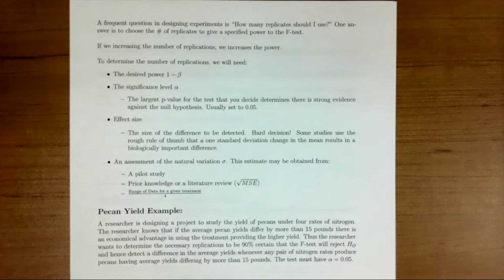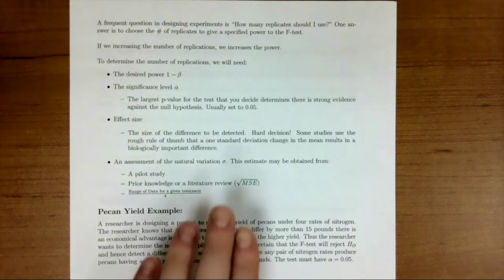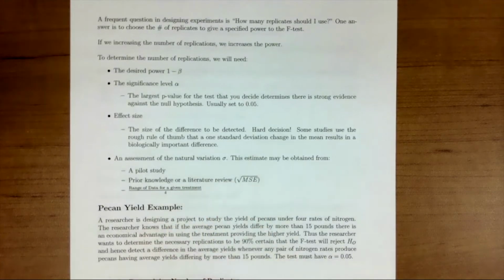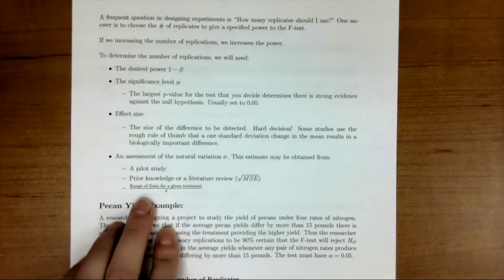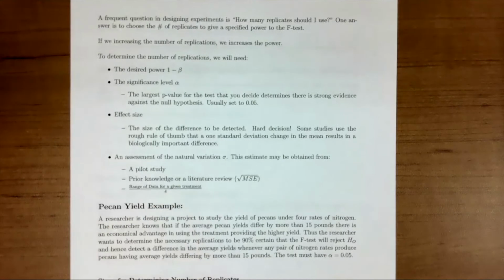Another thing that's a little bit hard is trying to assess the natural variation, so sigma. This estimate can be attained a couple different ways. One is through a pilot study. So maybe you did a small study and figured out some information, or you can use some prior knowledge or a lit review in which they give you their MSE. Or there's a less scientific approach, which is using the range of the data for a given treatment and dividing